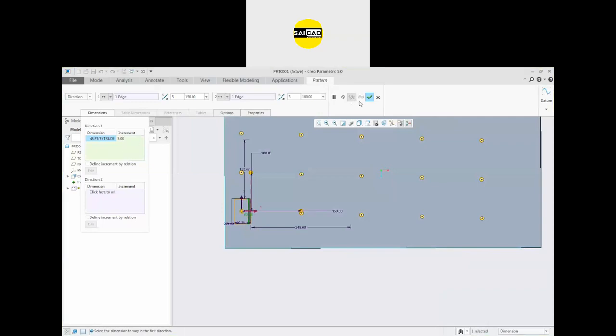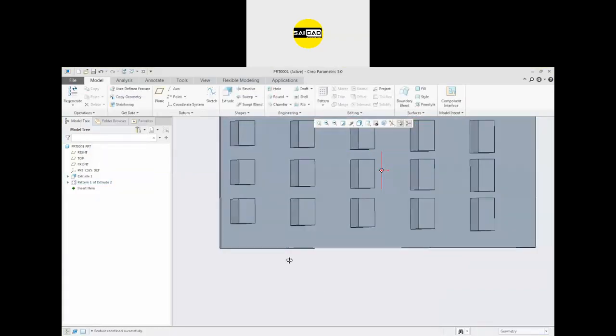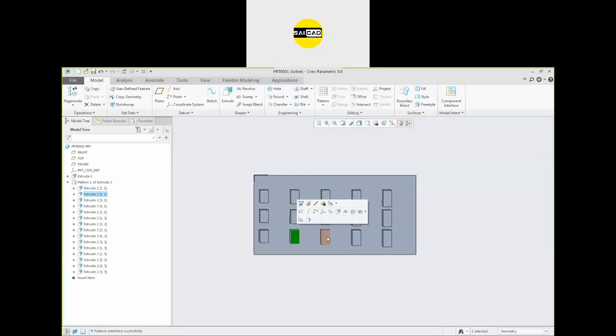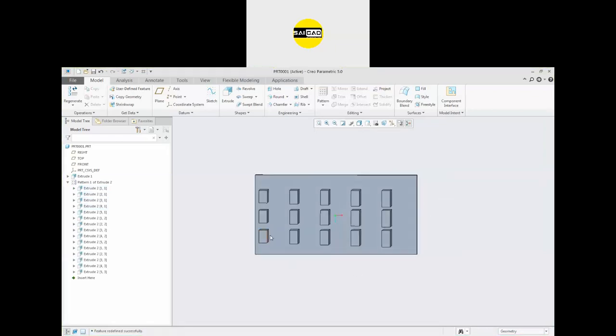If I click OK, you will see in every object, this is the first pattern, this is the second, third, fourth. You will see every feature is enlarged in the next step. So if this is 60, it is 65, 70, 75, like that.